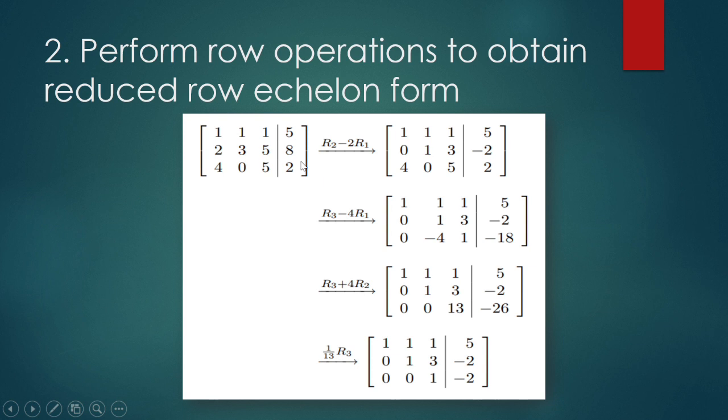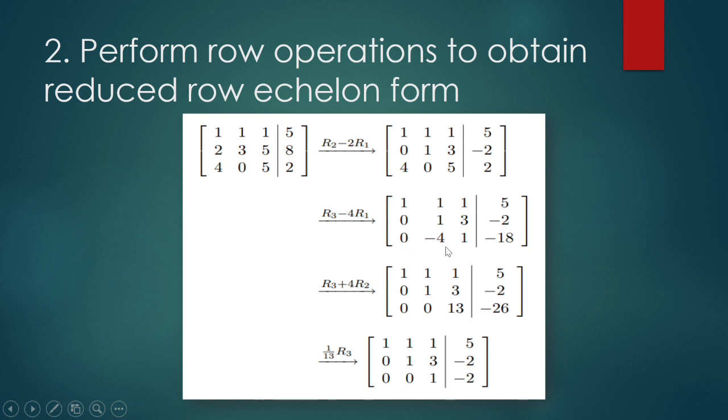So the operations for this equation: first we need to get the 0 for the second row, the first value. So how to get a 0? We use row 2 minus 2 row 1. And row 2 will become 0, 1, 3 and negative 2. So next we'll perform this method again on this value. So we use row 3 minus 4r1,